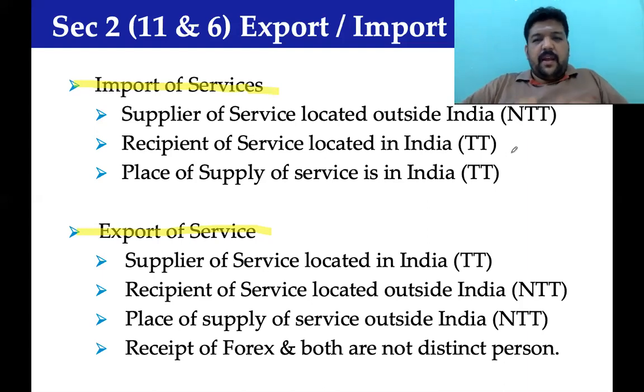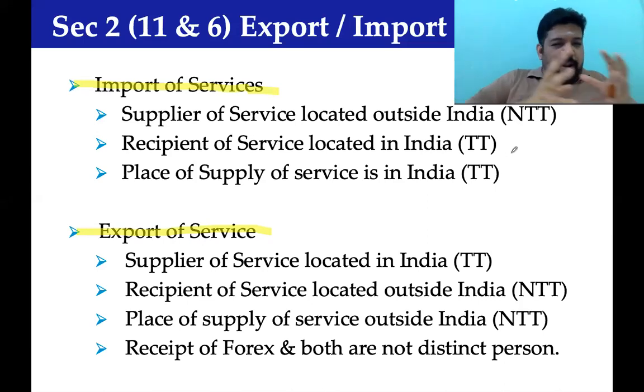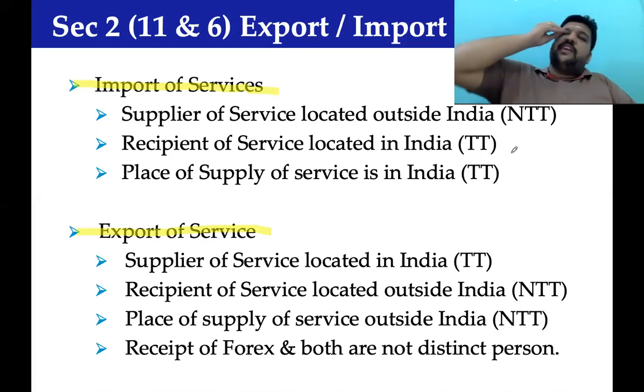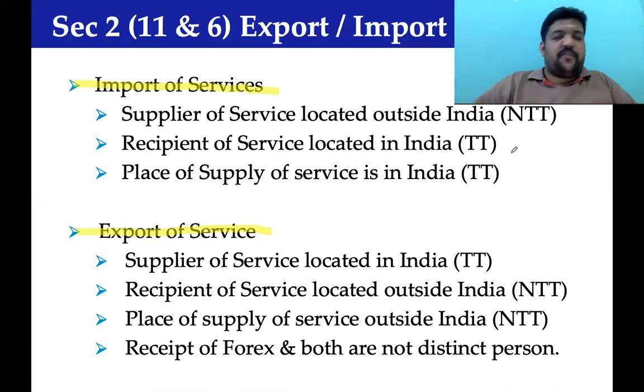Quick. A very crucial discussion. Many times people fall on the case study question on this area. They will be good in place of supply. They will be good in other provisions. But the key element is this. Many people fail to understand 211 and 26. They want to see every transaction through the eyes of place of supply.